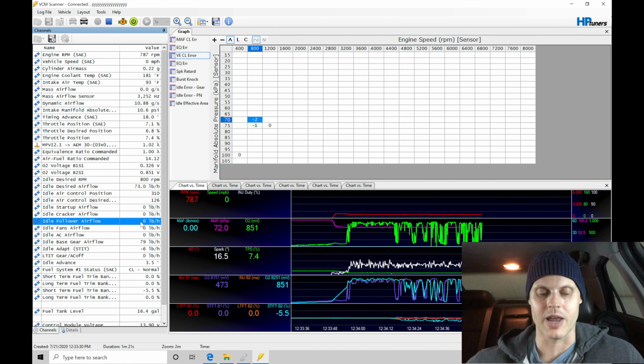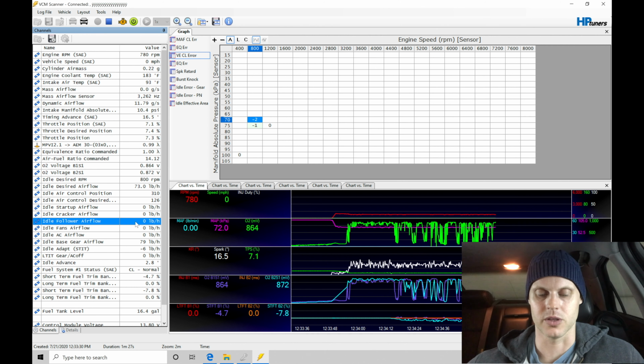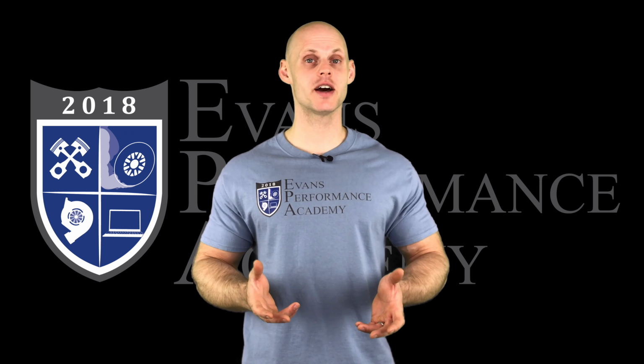If we start to drive, we would have to look at the idle cracker airflow, and not the idle follower airflow. So the follower is for free revving and coming back into idle. The cracker is for moving and coming back into idle. Let me go rev it real quick. So I'm going to bring the idle speed up here a little bit and let it come down. It settles down pretty